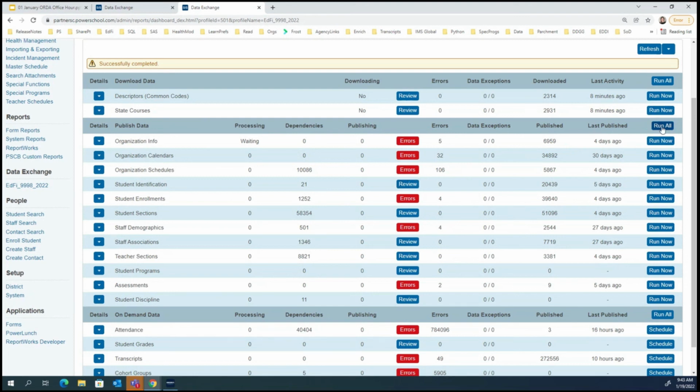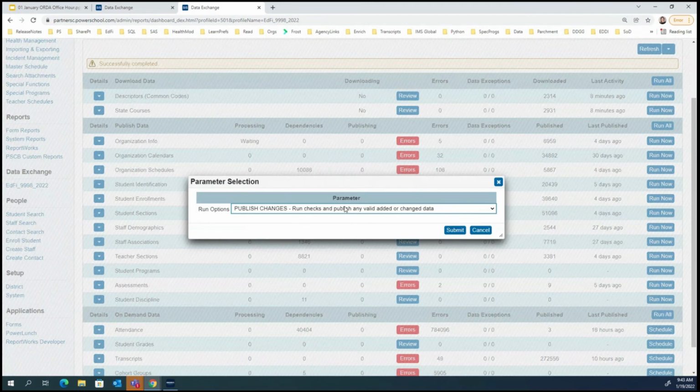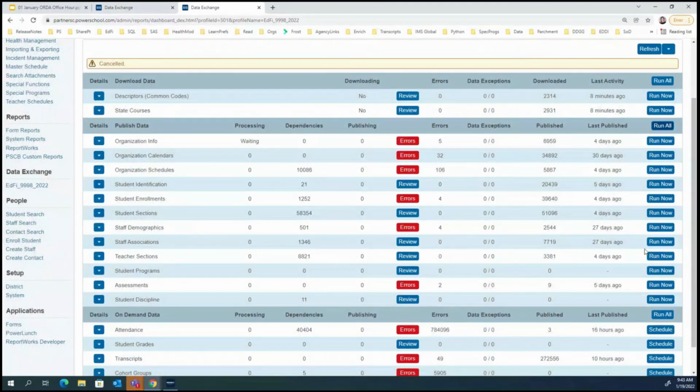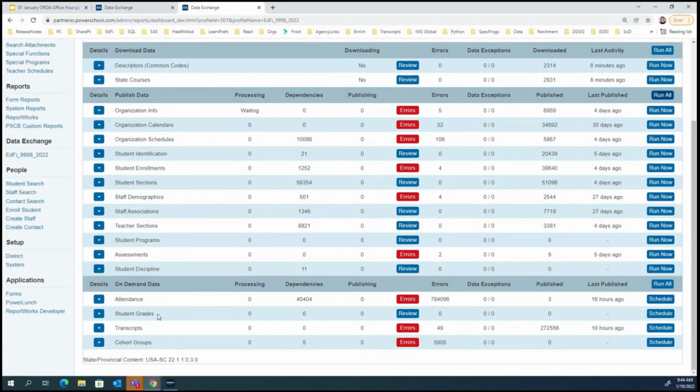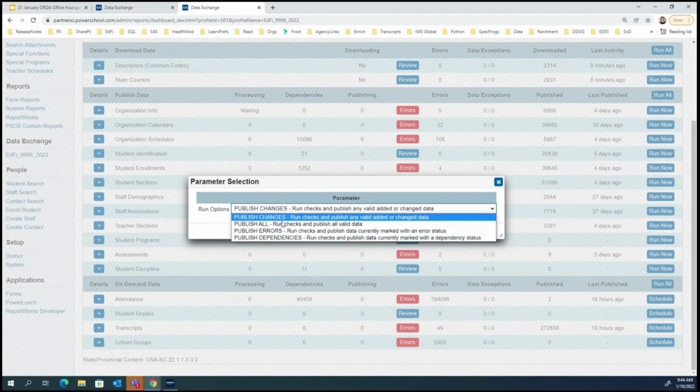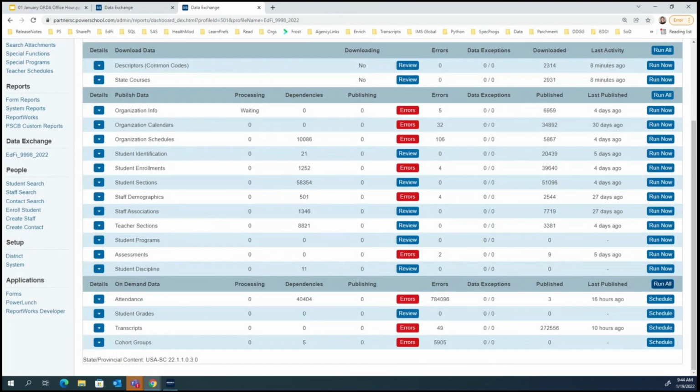You could either click Run All, with the same options, and click Publish All if you made that selection, or you could go one at a time. It's a little bit different down here at the bottom. These on-demand data categories, this attendance one especially, might take a while. You can also select Run All and Publish All if you wanted to, or you can click Schedule, and you could actually schedule these to push. I believe we're going to have these four categories scheduled to publish once a week, like on Saturday at 3 a.m. or something. If you don't need it to be published more frequently than that, then you could do that.